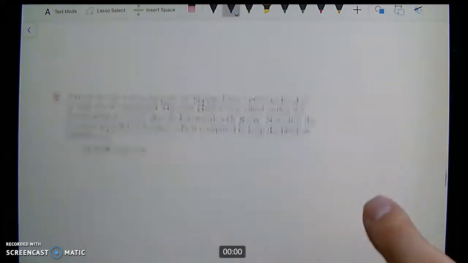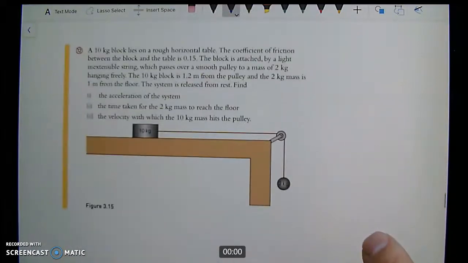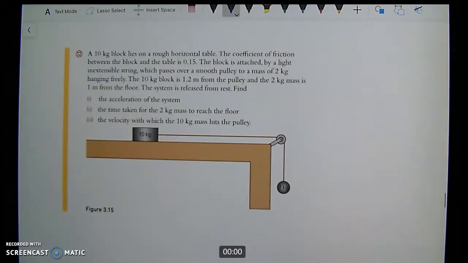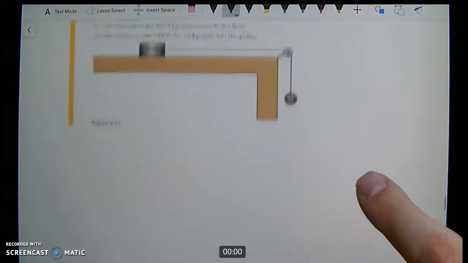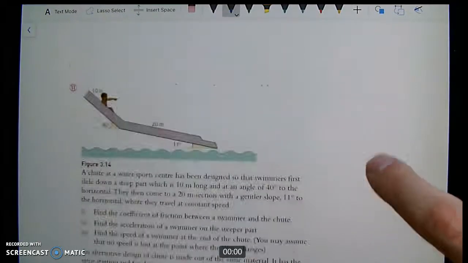I'd like you to have a go at these three questions. If you can have a go for Wednesday, and I will circulate to you in PDF form the solutions that you can check,